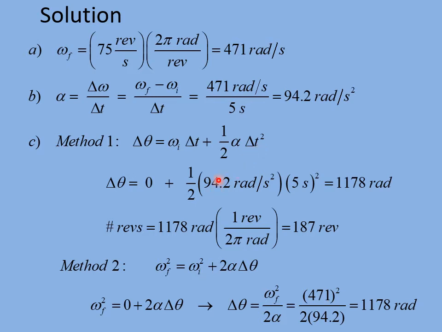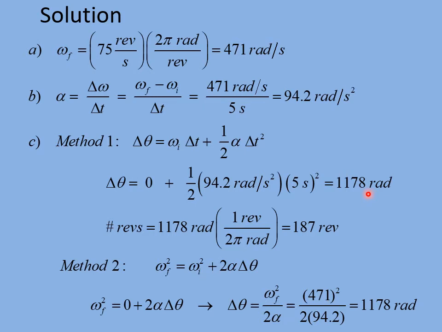Alpha we just found was 94.2, and the time is 5 seconds, which we have to square. Don't forget the square. So the number of radians is 1/2 times 94.2 times 25, and that's 1,178